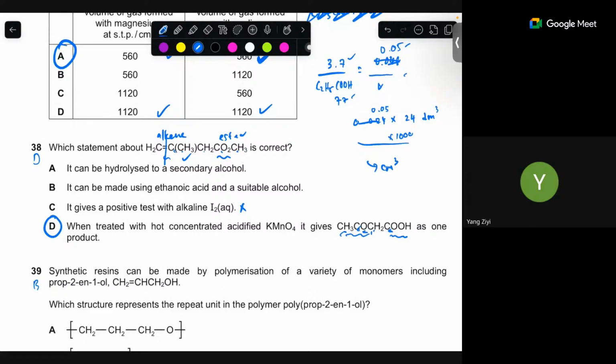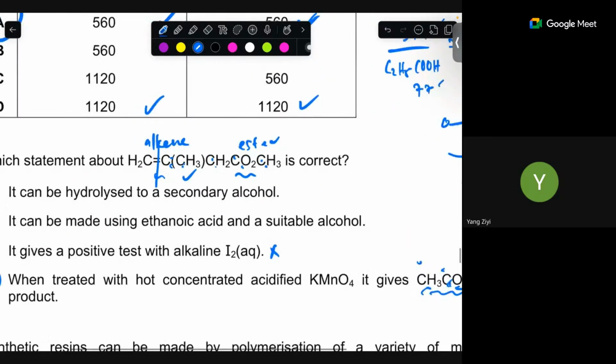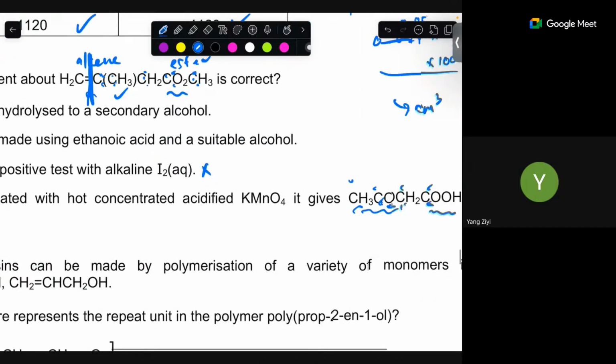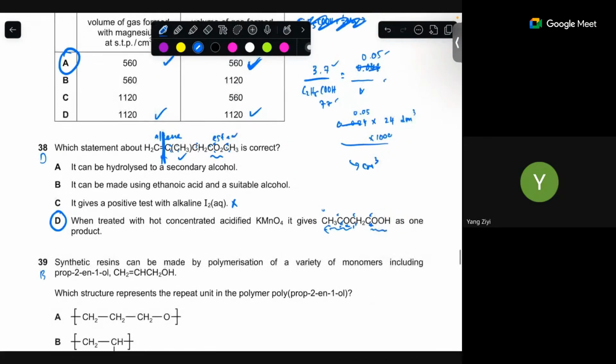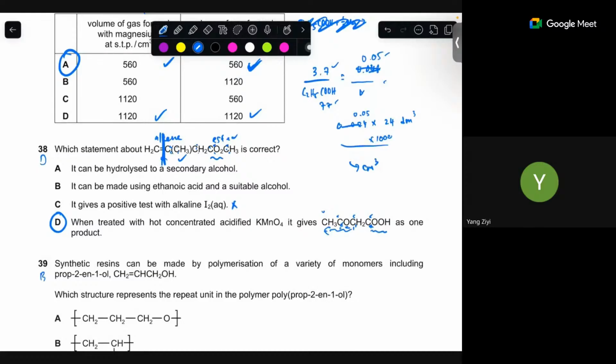Treated with hot, it gives us one of the products. 1, 2, 3, 4. Yeah, I'm just concerned with the number of carbon. If we break over here, you will have 1, 2, 3, 4, 5 carbon. 1, 2, 3, 4. Only 4 carbon. Sir, the CH3 is a branch. Yes, it's a branch, but